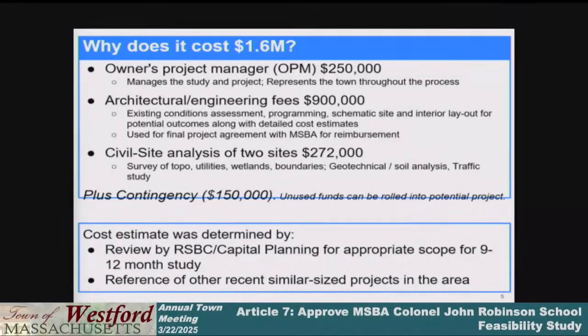We're also going to study a second site because, zooming out, looking holistically at the schools in the district, as Dr. Chu mentioned, there is an opportunity potentially to consolidate schools, figuring out at a second site, which is yet to be identified, doing the same types of studies and space planning.